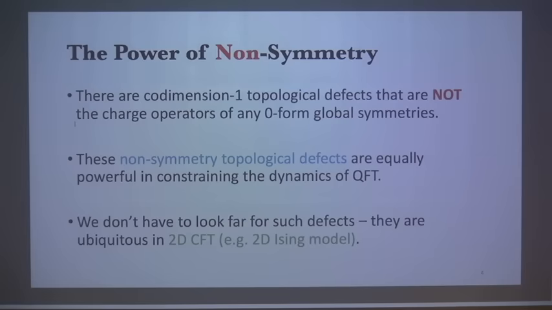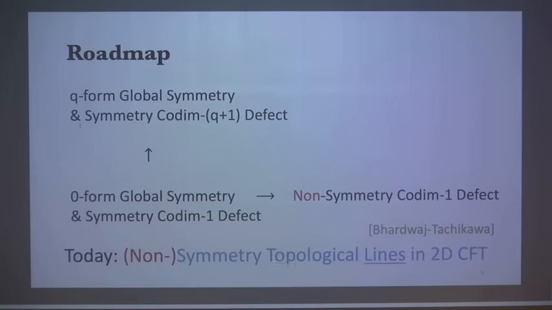So far, it might sound like this non-symmetry topological defect is something totally exotic and exists only in special CFTs. But we don't actually have to look far for such defects. They are ubiquitous in two-dimensional conformal field theory. For example, there's already one such non-symmetry topological defect in the two-dimensional Ising CFT. So here's a little roadmap